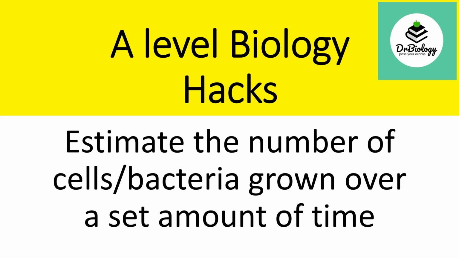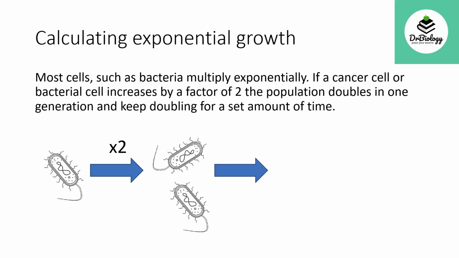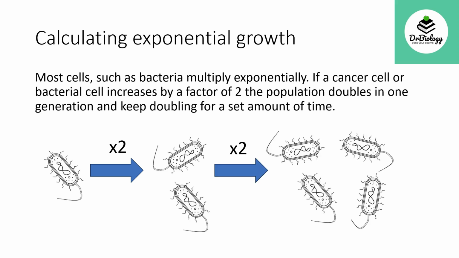So it's estimating the number of cells or bacteria that are grown over a set amount of time. When you're calculating exponential growth, there is a formula you can use. For example, if a cancer or bacterial cell increases by a factor of 2, the population doubles in 1 generation, and it will keep doubling for a set amount of time, assuming there are no deaths. So here we go. Bacteria doubles over a set amount of time, and it keeps doubling until the end